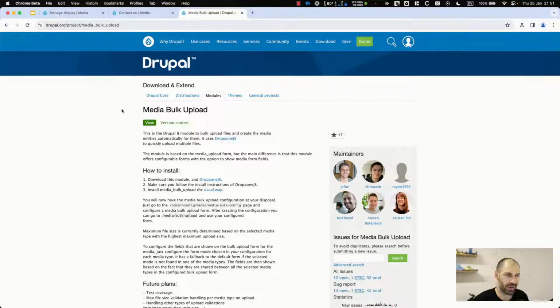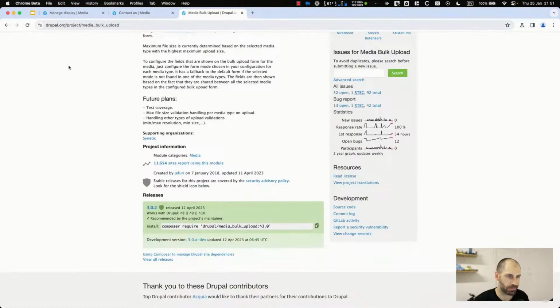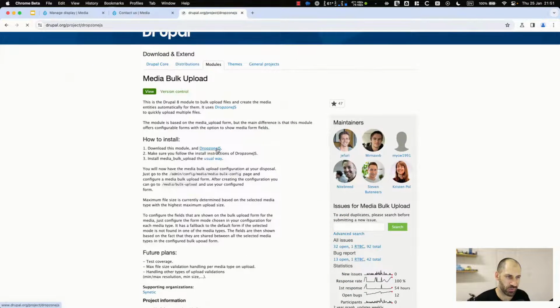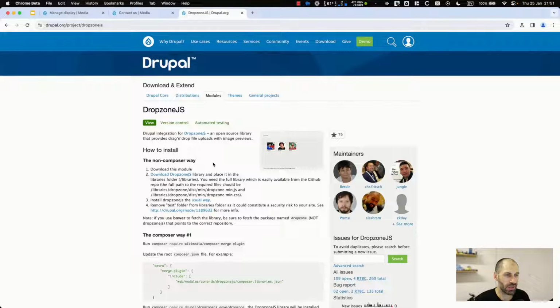So the module that I recommend is called media bulk upload. And what this module does is that it uses DropzoneJS, which is a JavaScript library that allows you to drag and drop items into an area and it just uploads it out of the box. So let's go ahead